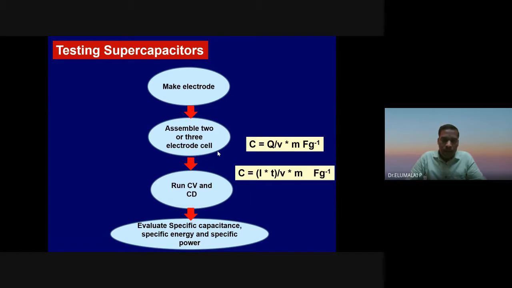There are several methods available to make materials. In the last semester we have seen at least more than 25 methods available: sol-gel, hydrothermal, CVD, PVD, sputtering, reduction, precipitation, all those things. Use any one of these methods to make electrode materials. You will preferably get it in the form of a powder, or you need to bring it to the form of a powder from any other form.